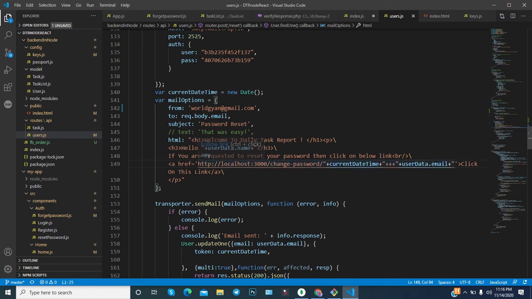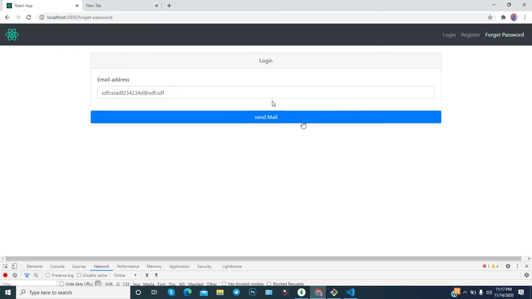Then if you verify in the backend, you will find that they provided wrong details, because that will not match, and you will see that this user has not requested to update or reset a password. So you can verify, and in this way you can update or reset a password.